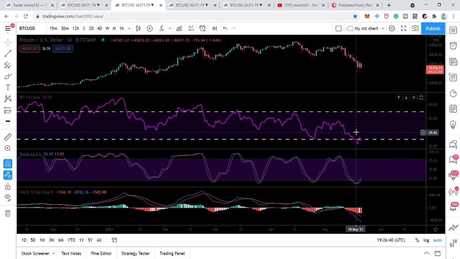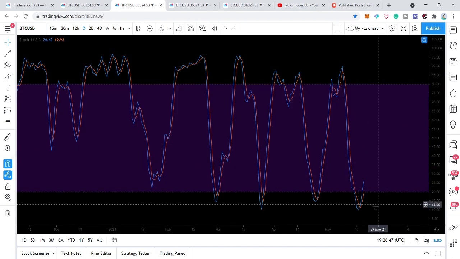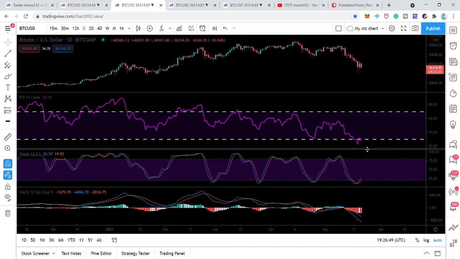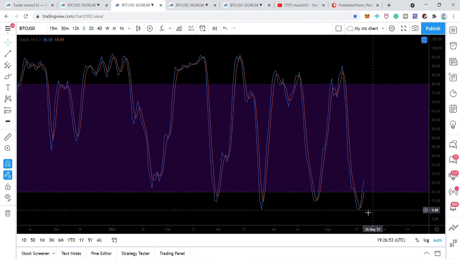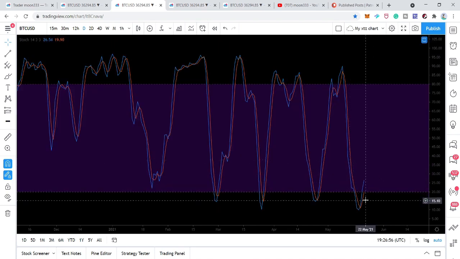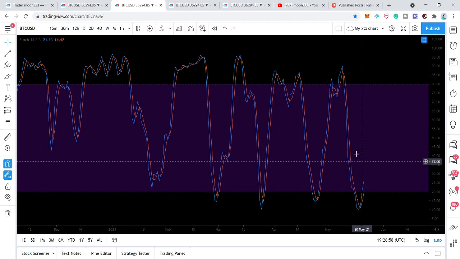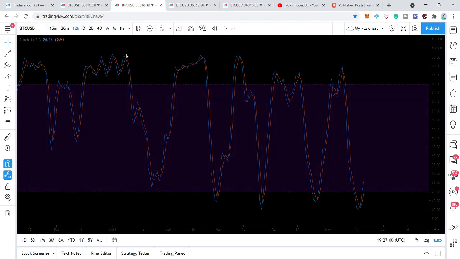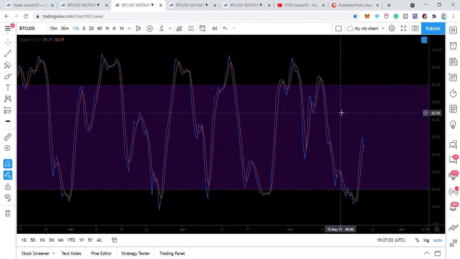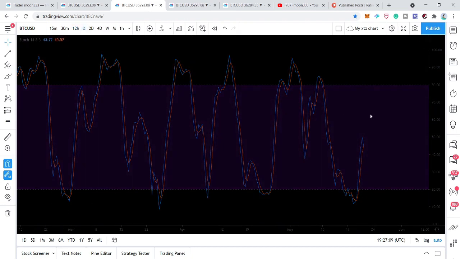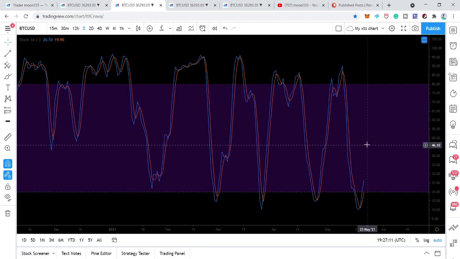We can see that this RSI is moving in this oversold condition. Now, if we take a look at this stochastic, even though today we had another extreme sell, so far this stochastic on the daily time frame chart has given us the buying signal from the oversold zone. And if we switch back to the smaller time period on the 12-hour chart, then we have just received this death cross or the sell signal. But on the daily time frame chart, we are still having this buying signal by the stochastic.